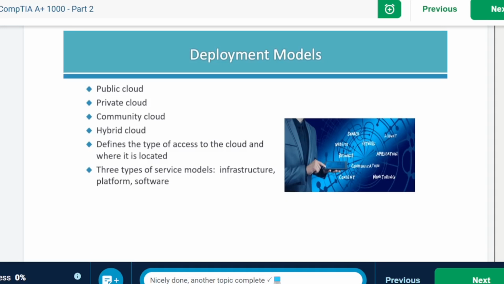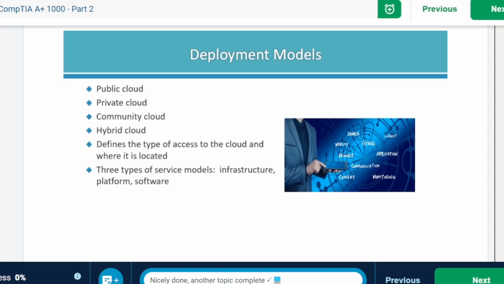The community cloud allows access to a group of organizations or a collection of private clouds. And then finally, the hybrid cloud mixes both the public and the private clouds, where the critical activities are performed using the private cloud, and the non-critical activities are performed using the public cloud. So the name of the cloud defines the type of access of the cloud and also where it's located.